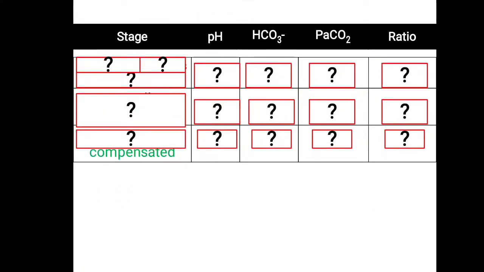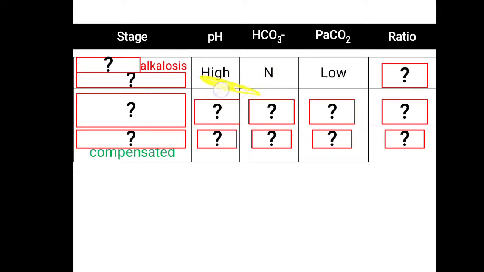Further, how to differentiate whether it is uncompensated, partially compensated, or fully compensated? Simple: pH is increasing means it is alkalosis. Further, you have to look at the bicarbonate and the partial pressure of carbon dioxide. Bicarbonate is normal, and the partial pressure of carbon dioxide is decreasing, which is the opposite direction of the pH. So it is going in the opposite direction, means reverse, means it is respiratory alkalosis. pH is high means alkalosis, and it is going in the reverse direction. If you forget about carbonic acid, then simply remember that going in a reverse direction means it is a respiratory condition.